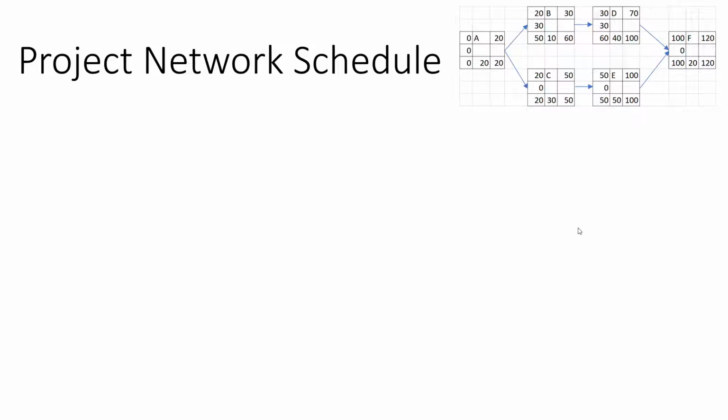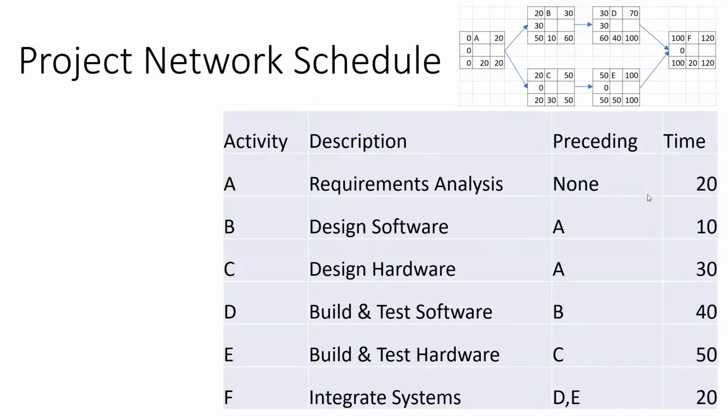Project network schedule: you'll be asked to develop something like this, whether you are taking a standardized test or for a class. This is a very common topic in a standardized test. The information you'll be given is in this table. So you'll be given the type of the activities done in a project and their amount of time, so the time it takes to complete that particular activity, also their dependency, so which one can be done faster